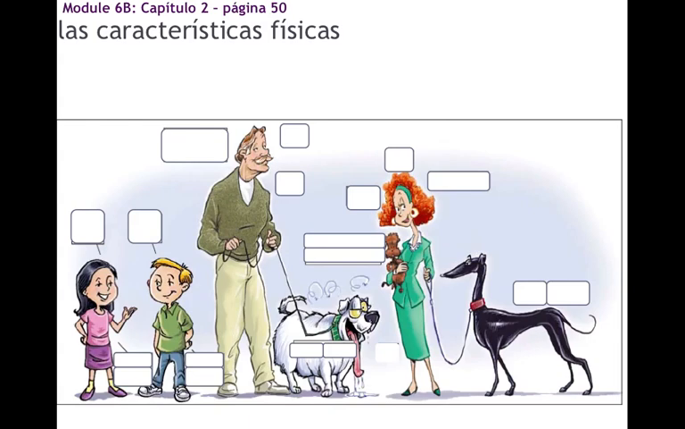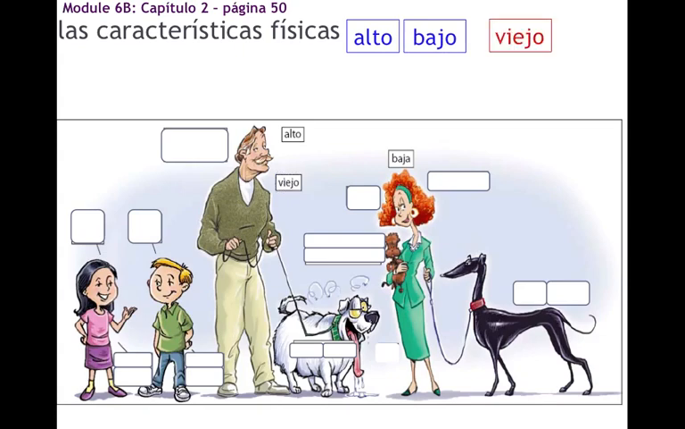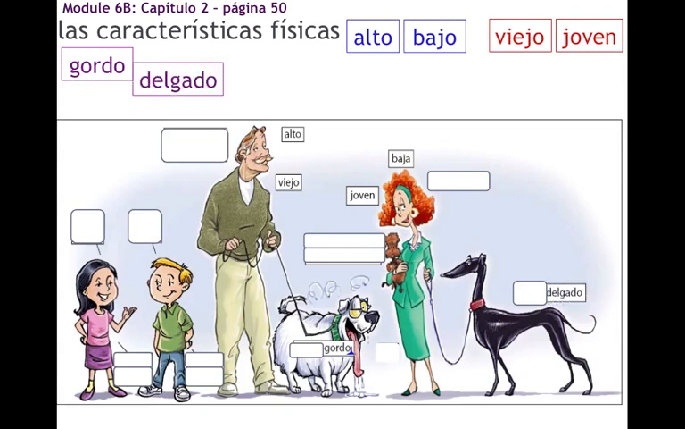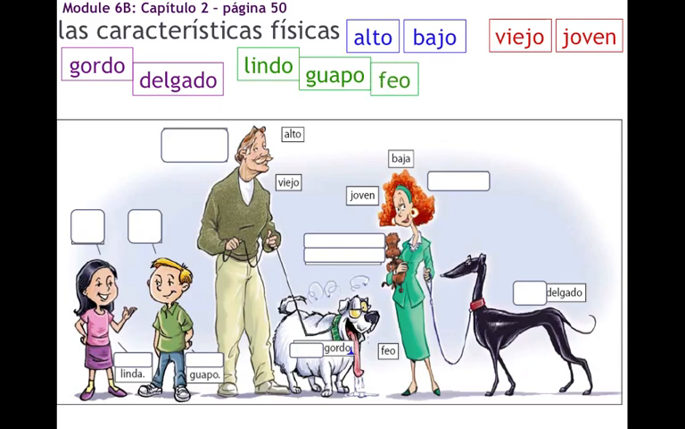Muy bien, ¿cómo se dice tall? Alto, short, bajo, old, viejo, young, joven. ¿Cómo se dice fat? Gordo, thin, delgado, pretty, lindo, handsome, guapo, ugly, feo, small, pequeño, and large,